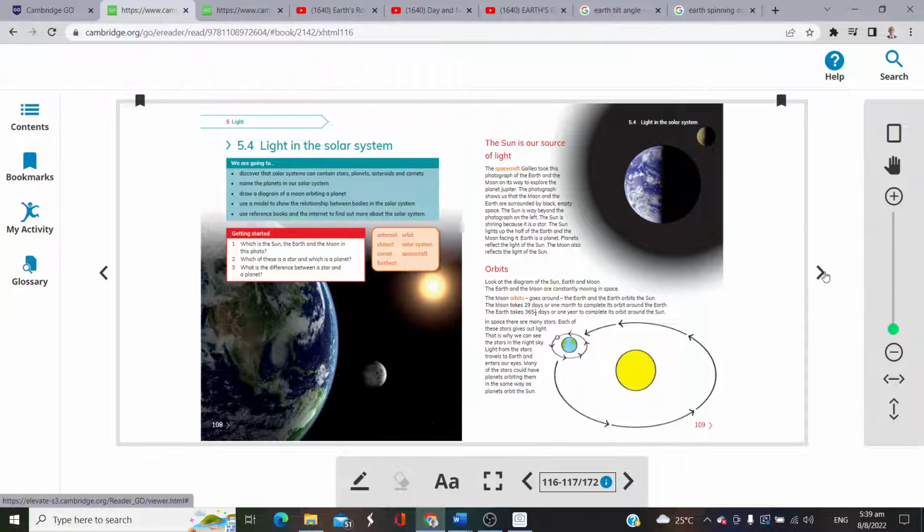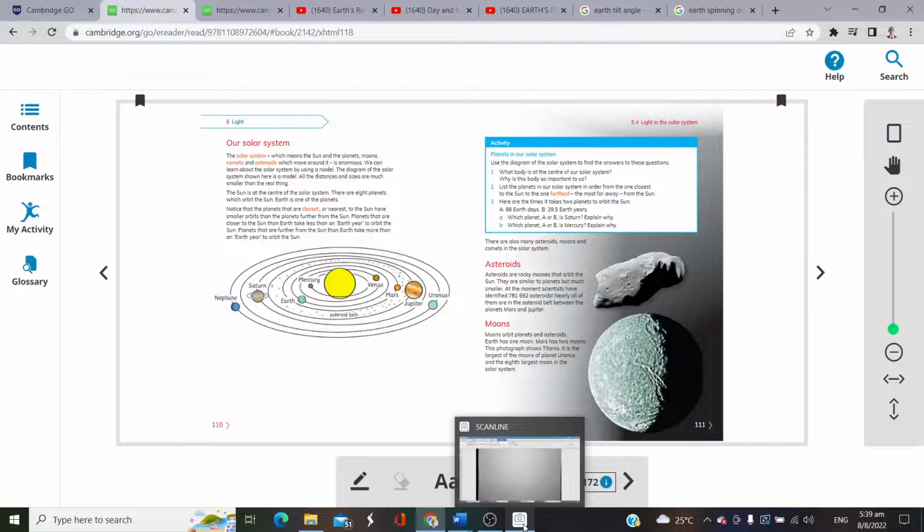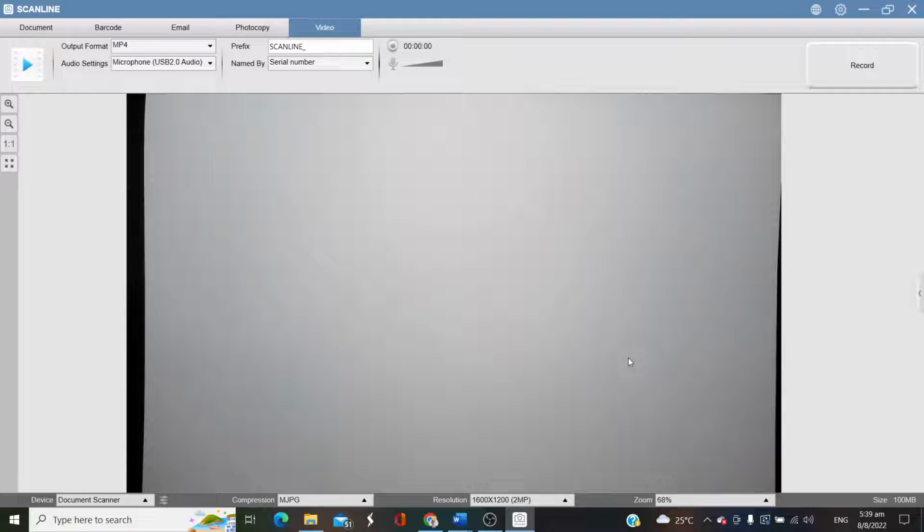We have learned that our solar system has eight planets, which is from, my formula is, if you still remember,